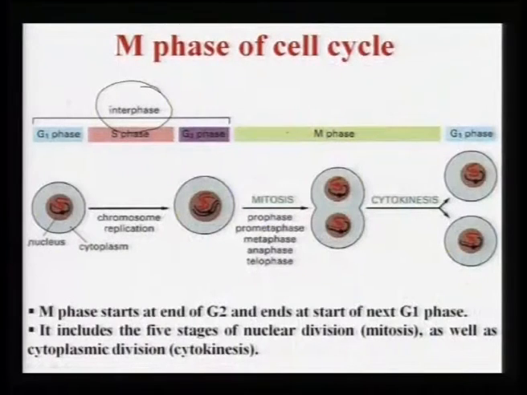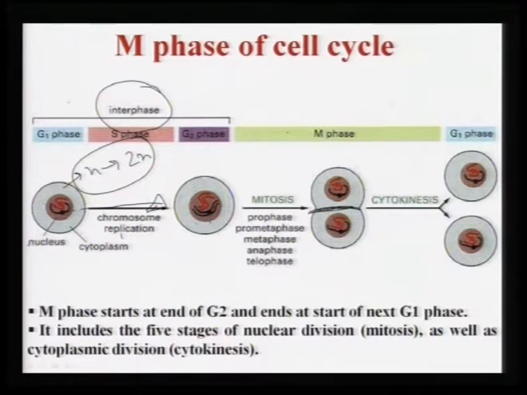Now, here it is the nucleus and this is the cytoplasm, then there is chromosome replication here. When it goes to the G2 phase and then from G2 to M phase, it checks whether the N chromosomes have gone to 2N chromosomes, where the number is doubled. So that in M phase it can simply go to mitosis and cytokinesis, that means there is cytoplasm division and it goes to 2 daughter cells. Now, 2 daughter cells can give rise to another 2 daughter cells when individually they go through the cell cycle. These daughter cells also give rise to further daughter cells, and individually these again give rise to more daughter cells.